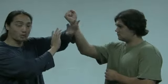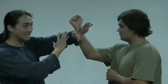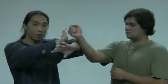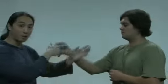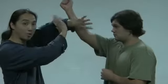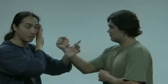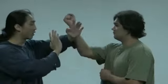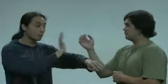See, I'm torquing. Now, this is a little exaggerated. You can see the torque of my wrist. In reality, I would torque it to convert it. You can see, I'm turning my wrist, so you can see how my wrist, if you push it in my face, hit it to my face. See? And if you do this experiment, you can learn how to convert energy. So if he's throwing a punch at me, and I make a turn, notice how my hand is converting energy